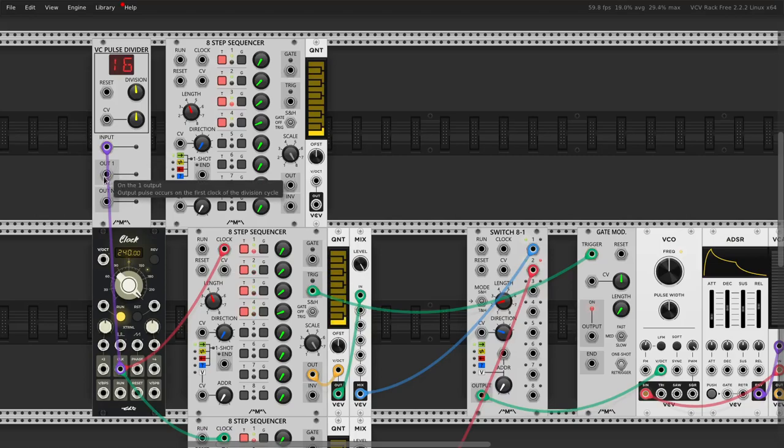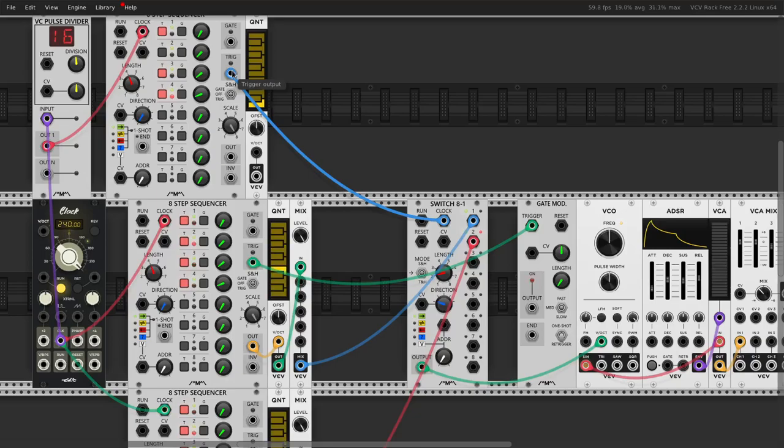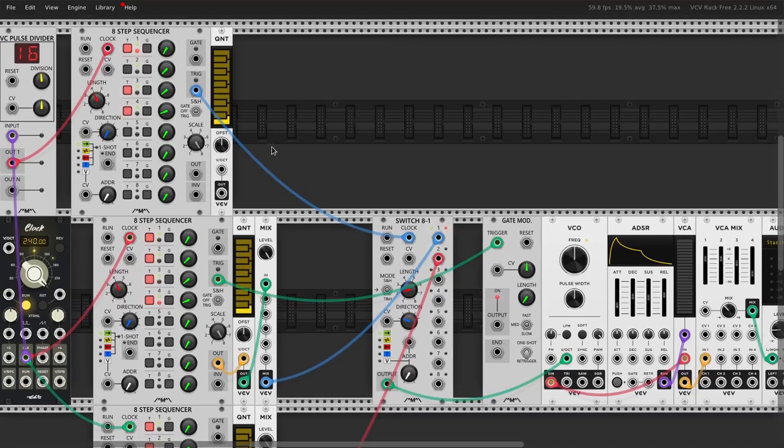So if we hook up the output 1 to the clock of this sequencer, and then we hook up, let's see, the gate here, or we'll say the trigger here, to the, let's see, so what we were doing before with the manual gate was switching here, so we'll say that the trigger output of this sequencer goes to switch 8-1, and we'll also say